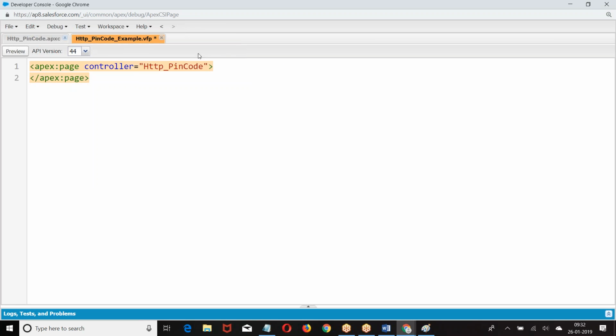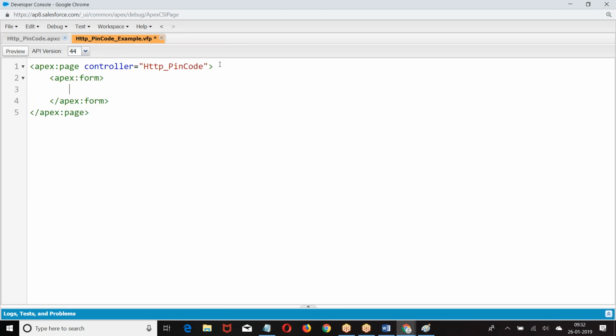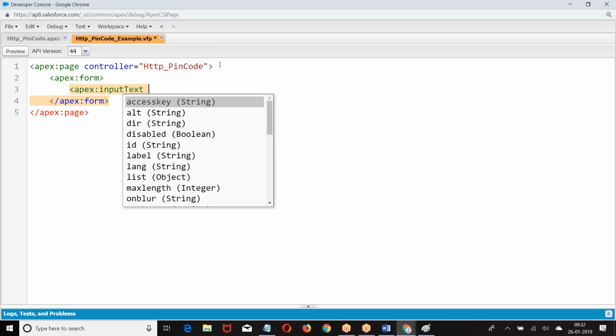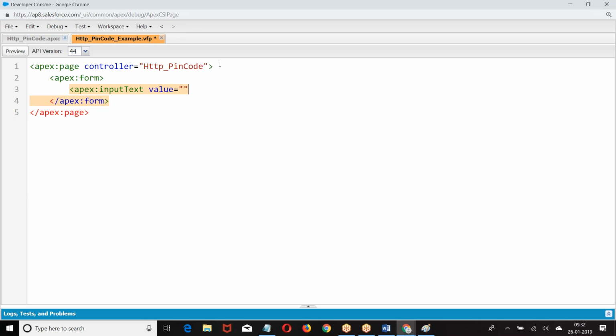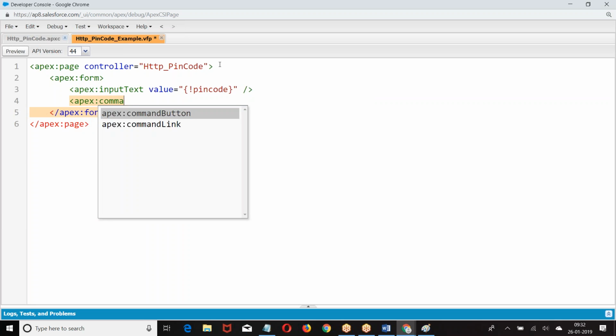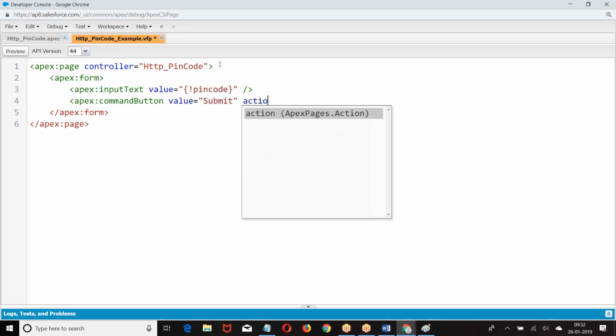Controller. Apex input text value equal to command line. I'm just creating a basic operation.